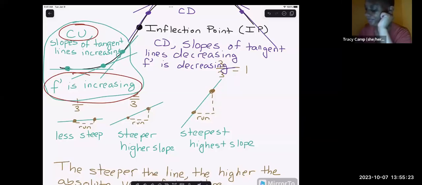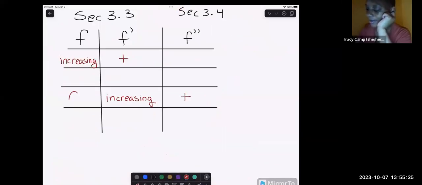So I can say right here under my F column that whenever F is concave up, F double prime is positive. And then similarly, I can say,